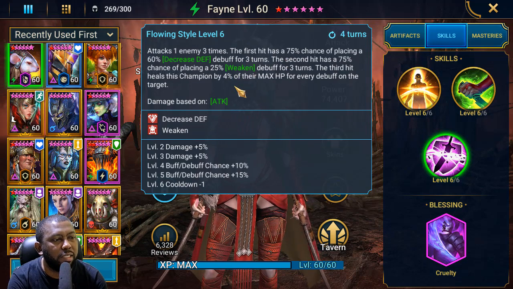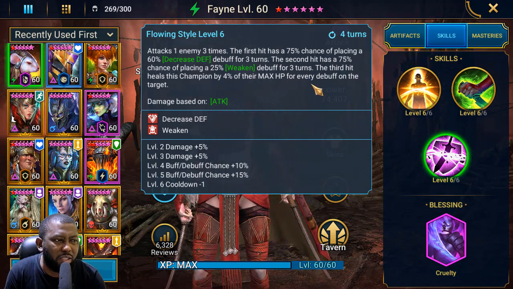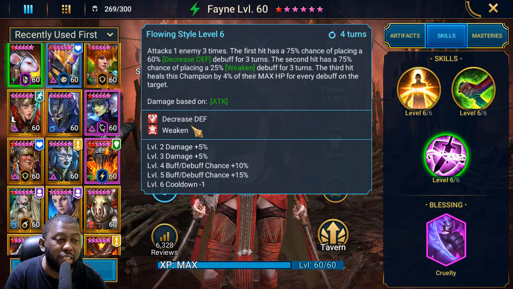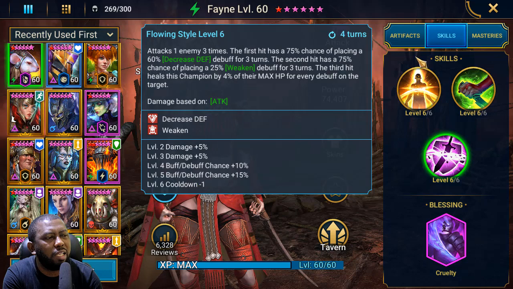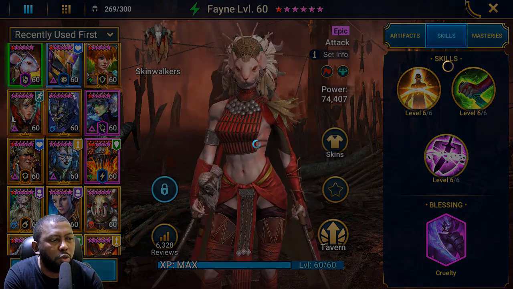The first hit places decrease defense, the second one places the weaken, and the third one heals the champion by 4% of their max HP, which is not very high, just a little bit of heal right there. But like I said, this is what she's known for, bringing a lot of debuffs for the clan boss, all the debuffs you need to keep the clan boss down. Now there's a rare champion that I think might pair very well with Fayne. Before I show you her